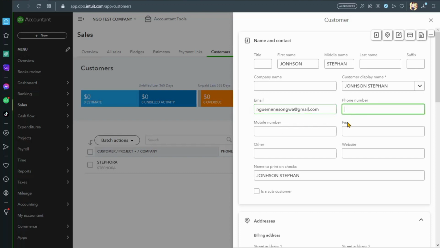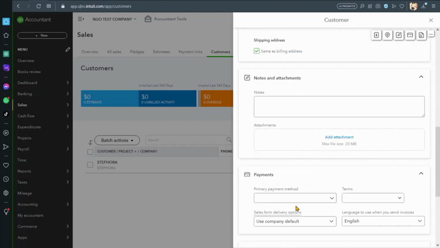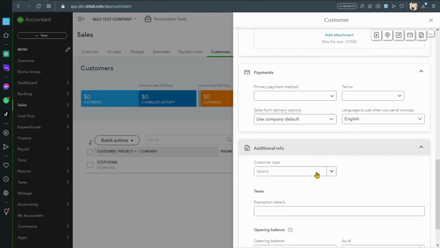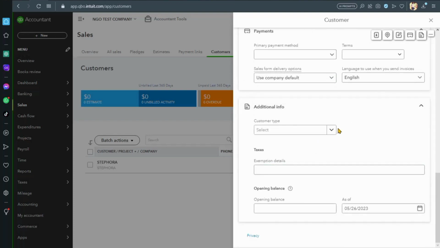Alright, so you put the phone number. You can equally attach a payment mode, if you had created a payment mode already, and you can select the customer's type,